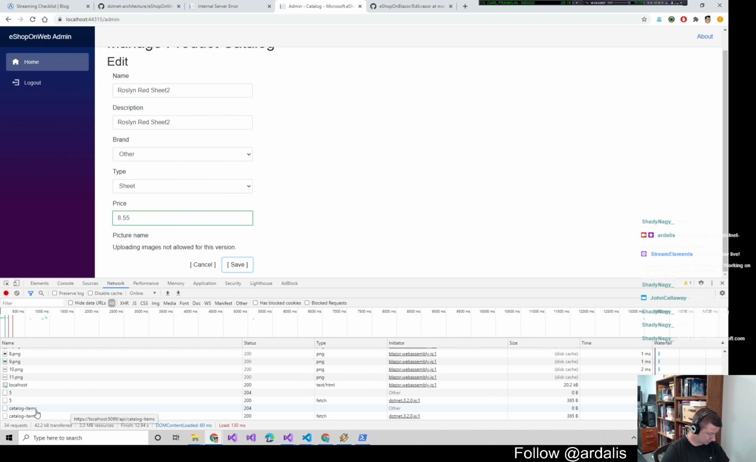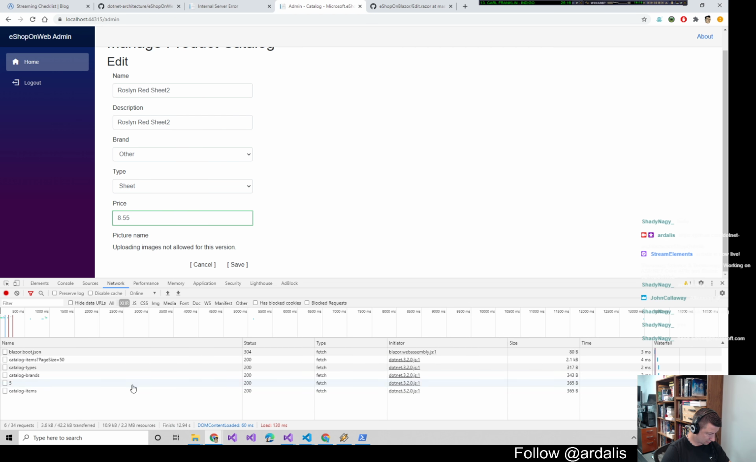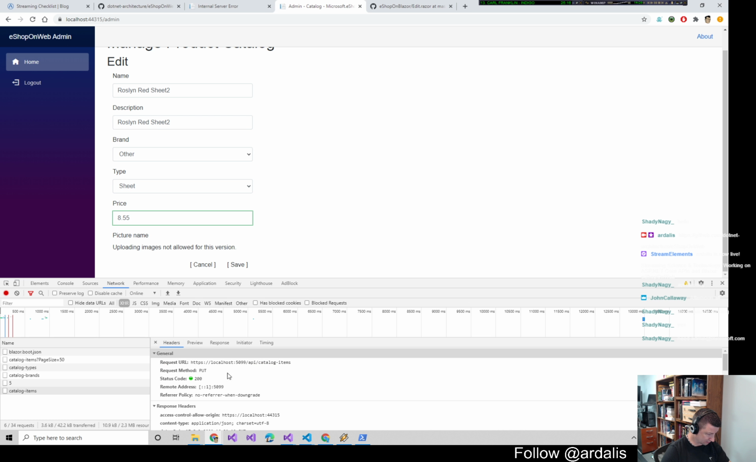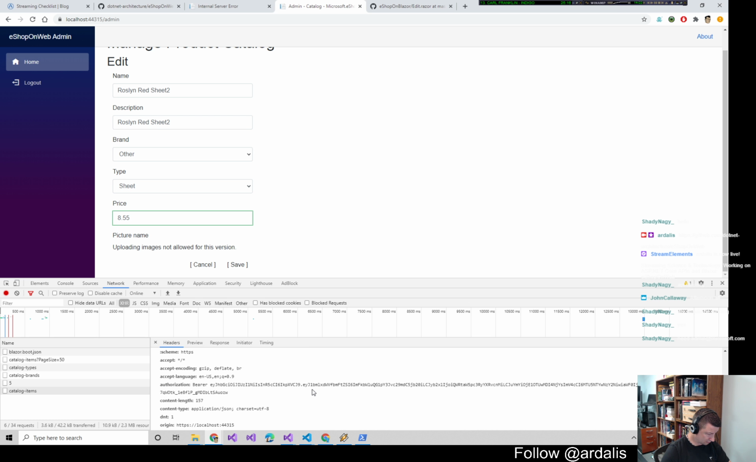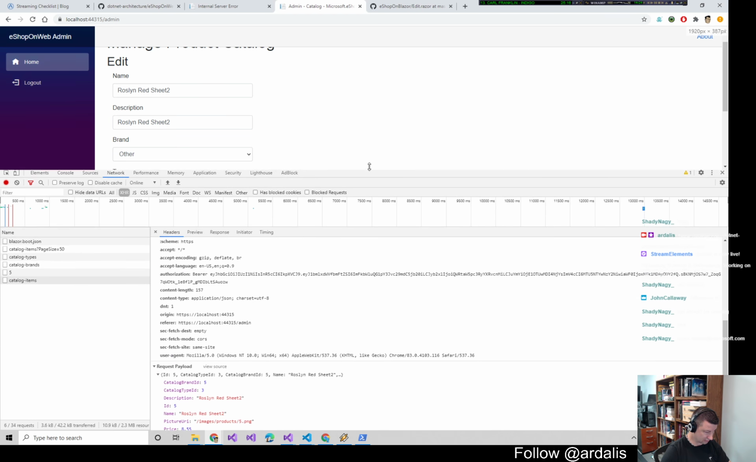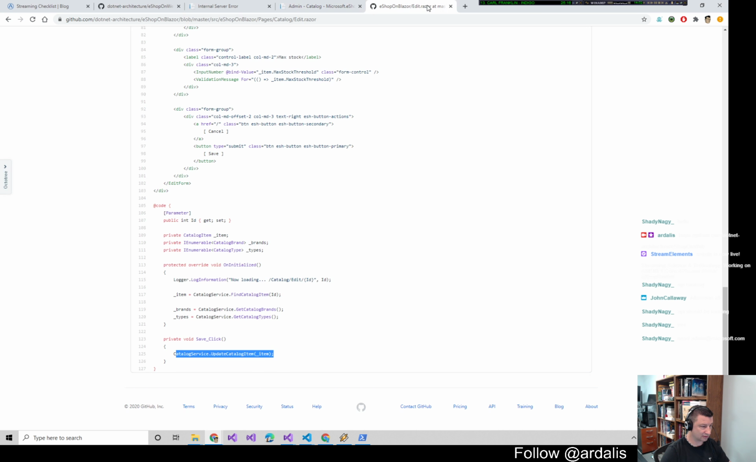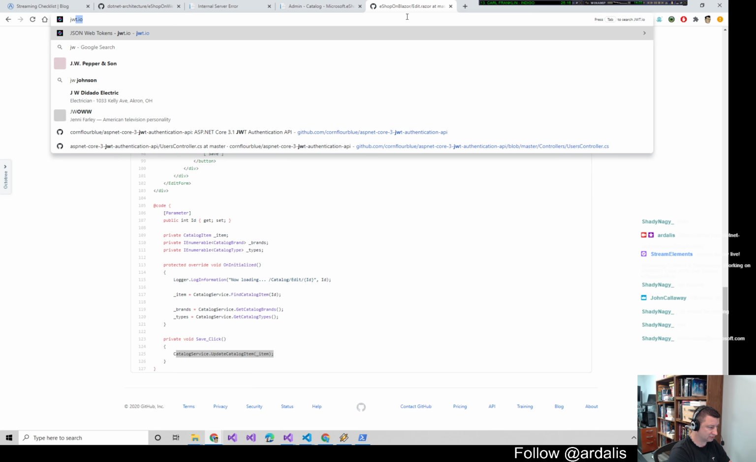So we should have XHR catalog items right here. This is our post with the 855. If we look at the headers though, we should see that we have a bearer token in place. And so this authorization header is specifying this JWT token, which I can copy, and I can go to jwt.io